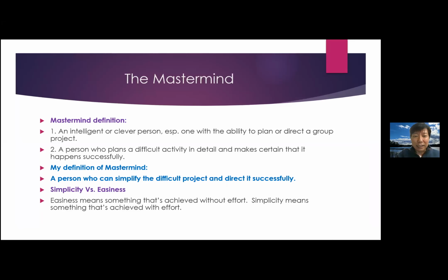Okay, so the definition of mastermind is an intelligent or clever person, especially one with the ability to plan or direct a group project. This is copied from the dictionary, okay? There is another definition: a person who plans a difficult activity in detail and makes certain that it happens successfully, okay? And my definition of mastermind is a person who can simplify the difficult project and direct it